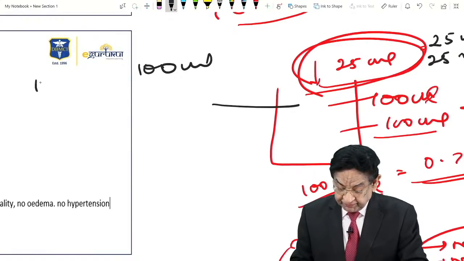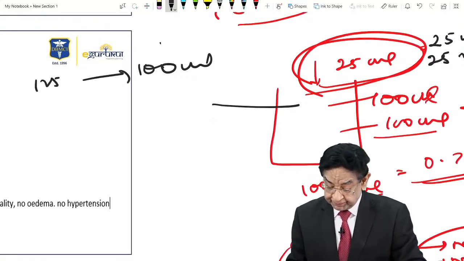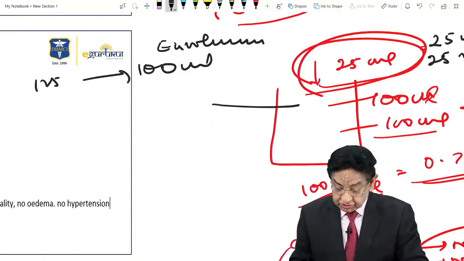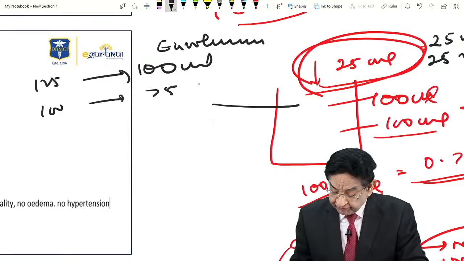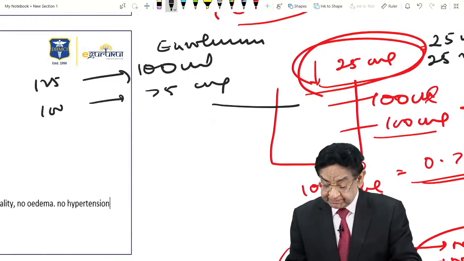From 125 it has come back to 100. Euvolemia. Initial salt was 100 and now it becomes 75 milligram. So this is how it has become euvolemia, and